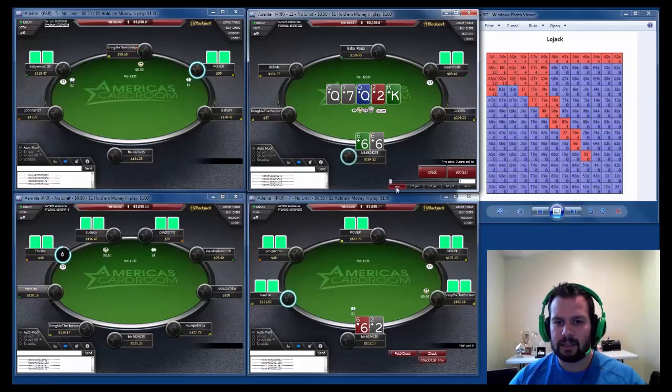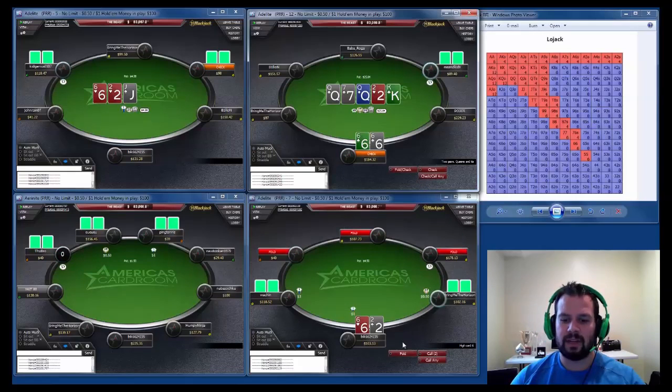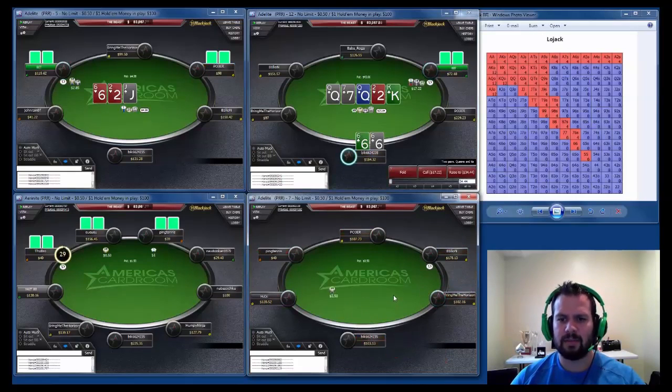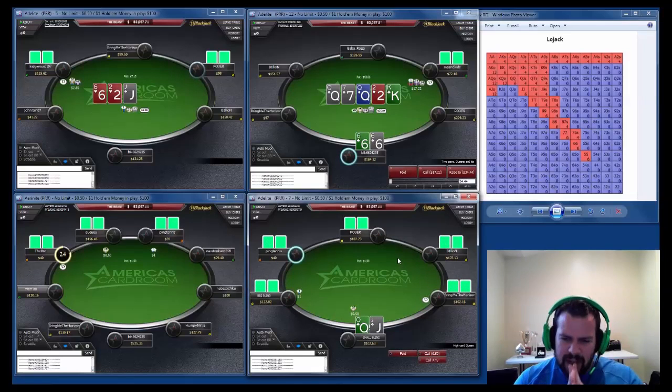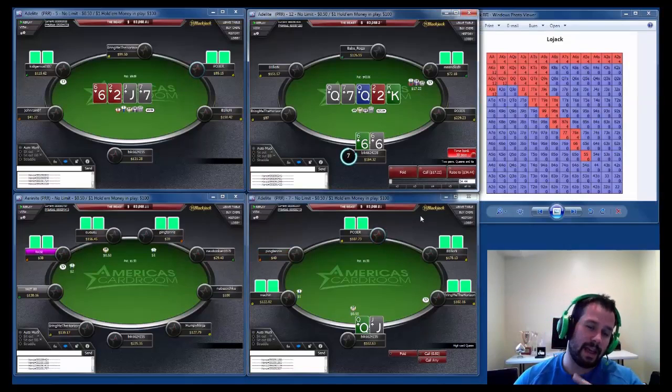So here's 6s, raise under the gun, button calls. We call the big blind. It checks to our wild and crazy mean kids, who somehow doubled his stack. I think I missed how that happened. He bets the flop, checks the turn, and then he bets the river. Now here's the problem with this: I think he would bluff here,